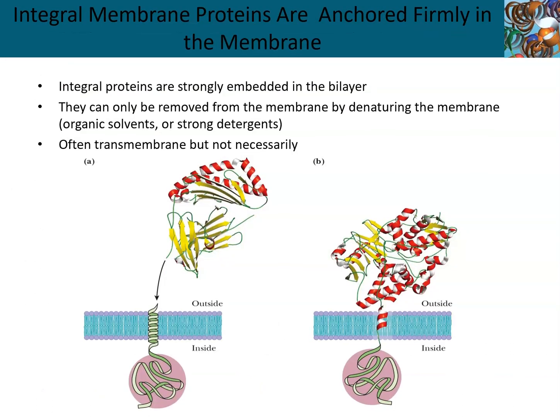I'm going to go back to the previous slide. If you look at the images below in A and B, you can see these helical structures which span from one side of the membrane to the other. And this is what's called a transmembrane domain. Just as we've discussed helical structures that bury themselves at the center of the protein because they're covered with hydrophobic amino acid residues,